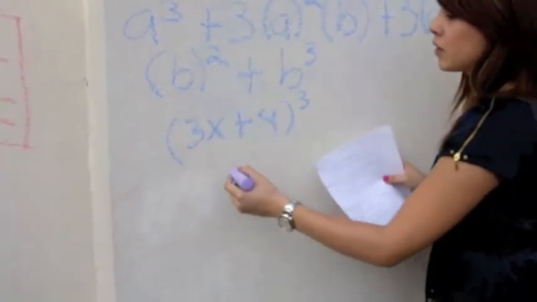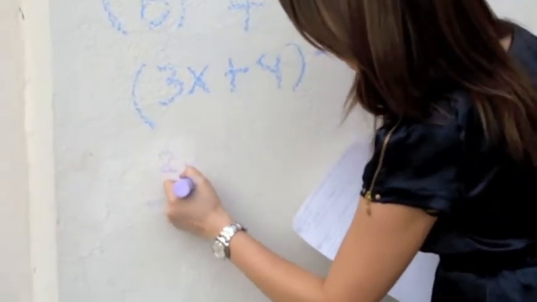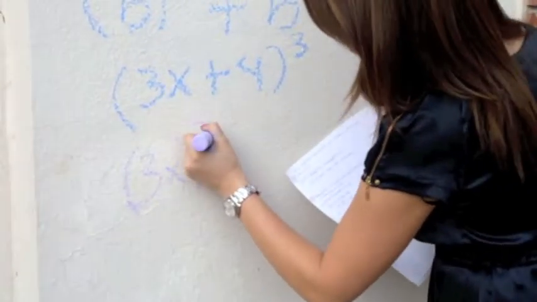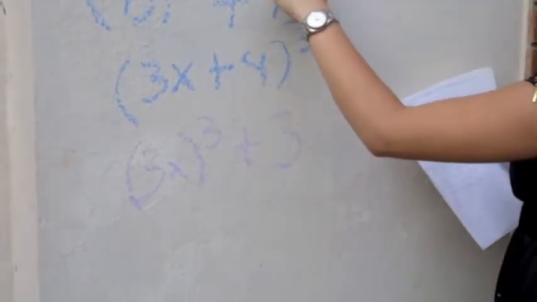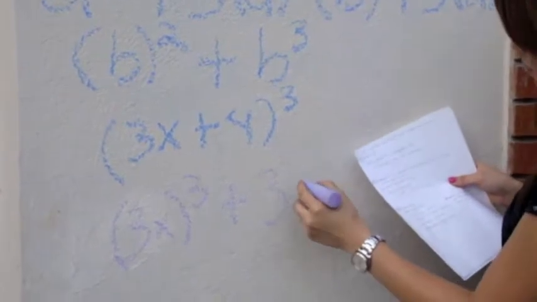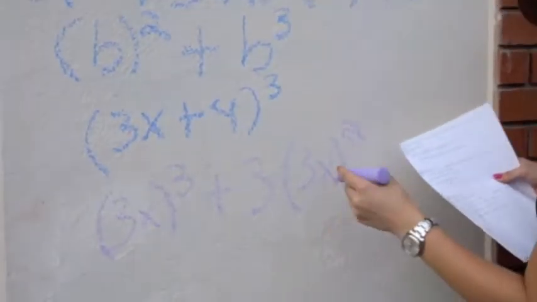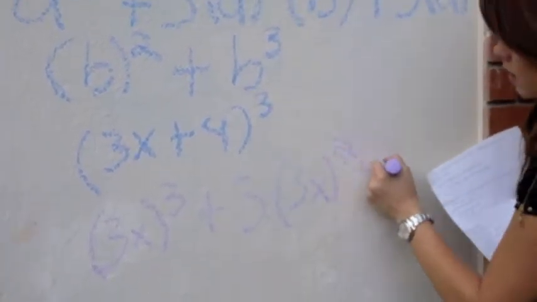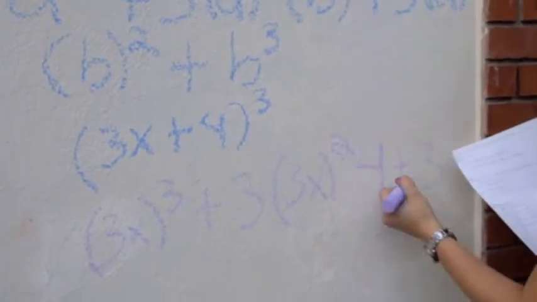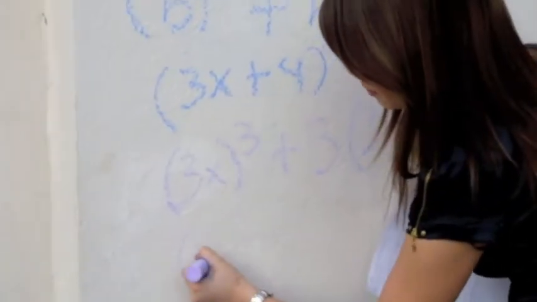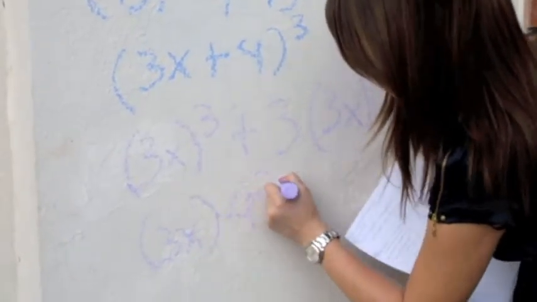The first term cubed, so it is (3x) cubed, plus 3 times the first term squared times the second term, 4, plus 3 times the first term times the second term squared,